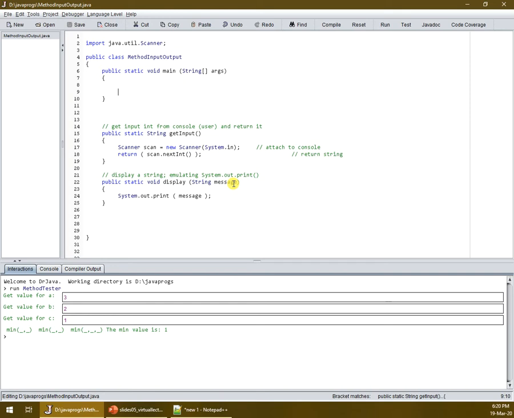So you pass into it a string, it displays it on the screen, and everybody's happy. So we also want to do a display line. So let's add that one in there as well. Public static. It'll also be void because it's a display, it's not returning anything. And we'll call it display line, just like System.out.println, and it will also have a string that it needs to